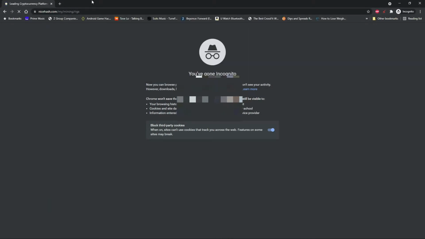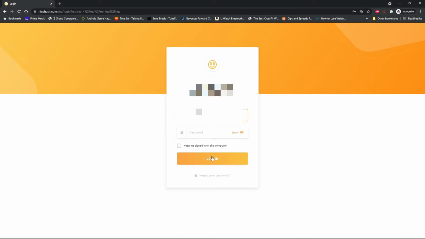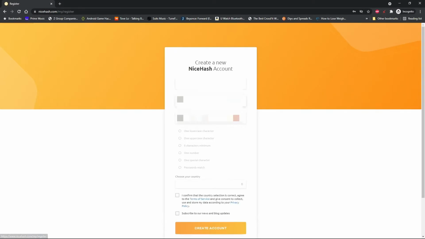As you can see, it is picking up the URL, but I have logged out of it. So here I'm going to click here for sign up. It's going to ask me what email ID I want to add, and I have blurred out the email IDs because I don't want anybody to be able to see my email ID.